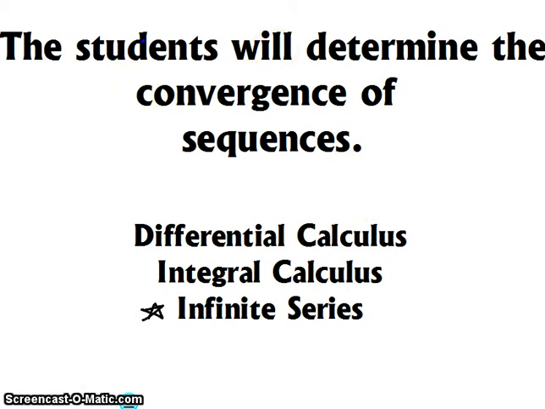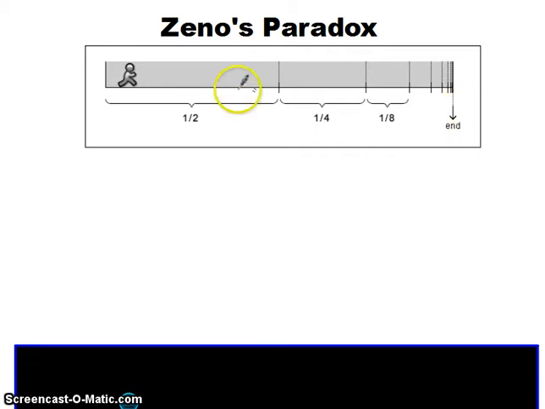So we're going to start with something that I know we've talked about, and that's Zeno's Paradox. When Zeno talked about someone walking towards a wall that is a determined distance, we'll say a meter, if we continue to cut the distance between the person and the wall in half, we would never actually reach that wall. However, it is a definite distance from the wall, the person. So if we write those distances from the wall, we can write them as a sequence. So we can write it as 1/2, and then 1/4, and then 1/8, and then 1/16,